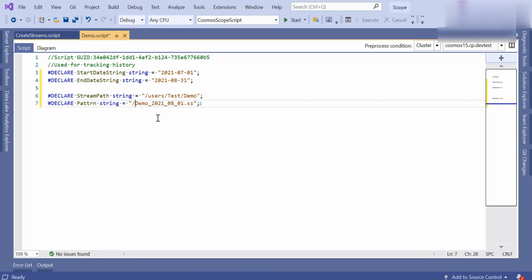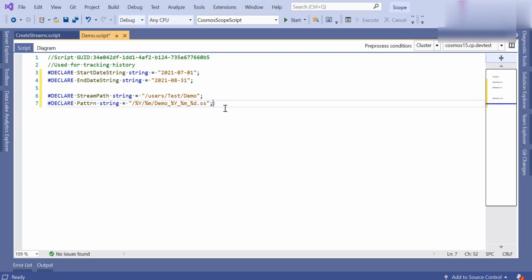First we have the year folder, so percentage capital Y represents the year folder. After that the month, percentage small m represents the month. After that demo dot, here again we have the year, percentage capital Y, and the month, percentage small m. After that the day, percentage small d. So this is the pattern.